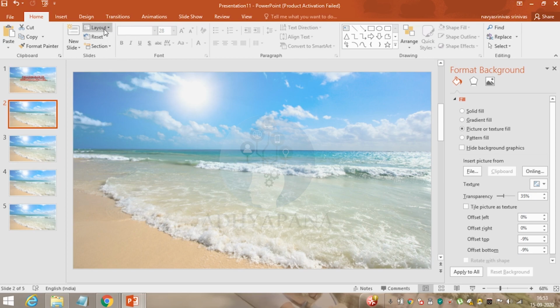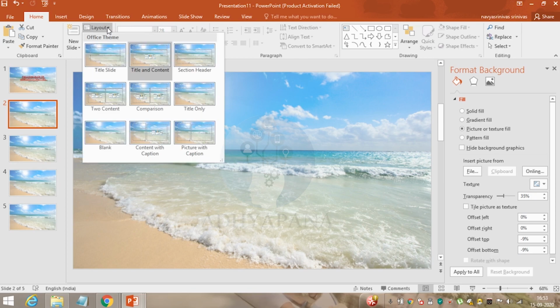If you want a different layout, just tap on layout. First one which has been shown to you is this title slide with title and subtitle. You have title and content. You can also go for section header if you want only the section part. If you want two content, if you want to have different kinds of images or charts or pie charts, you can just go for two content.